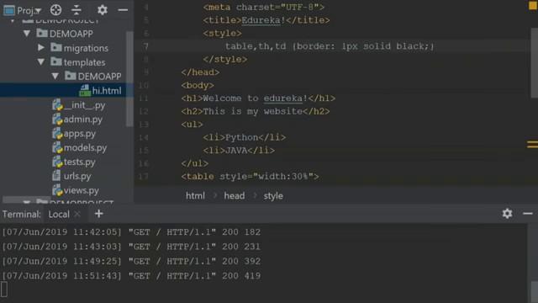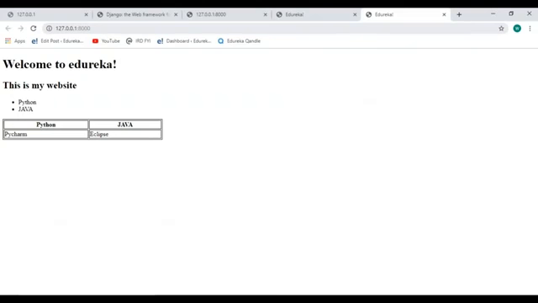Let me save this and reload my page. So as you can see over here, guys, I included the style tag and specified what kind of border I want. So the same way on my server over here, a table has been created with a specified style.